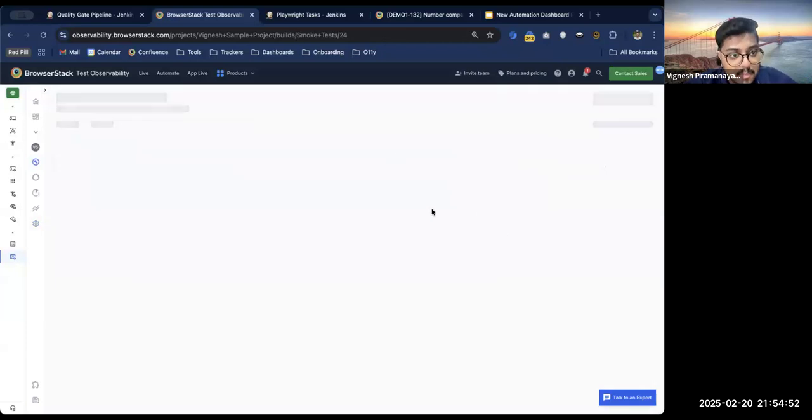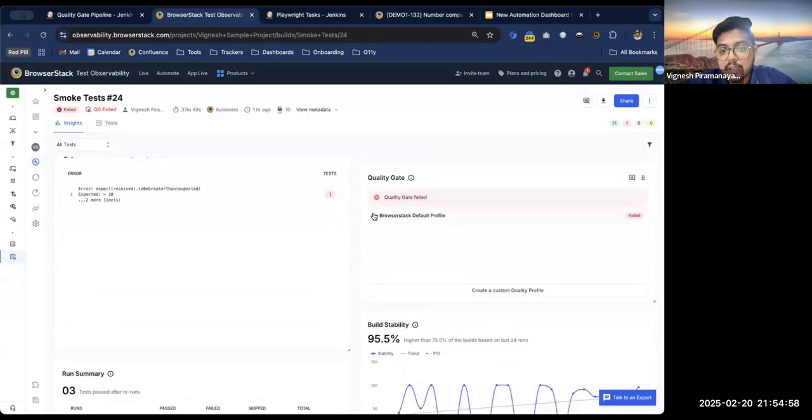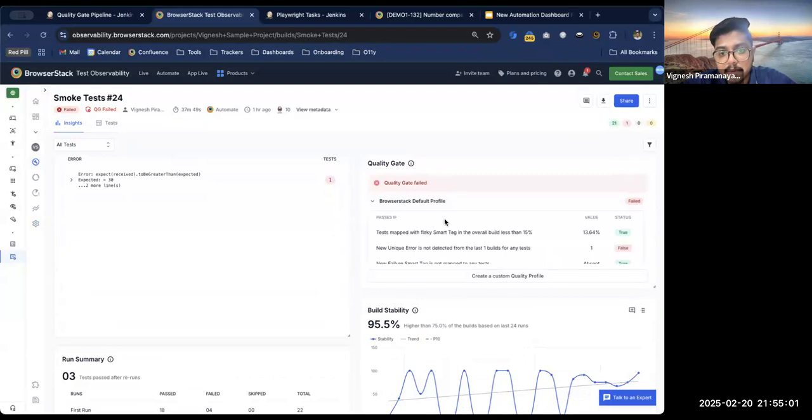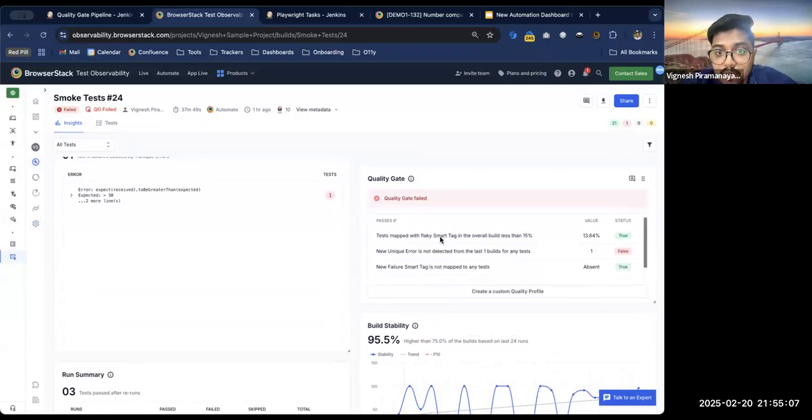And this is an example that I can show you. The build I just ran, I can see that the quality gate check has failed here. And this is the profile that I had set up, or rather it comes with the new dashboard by default, right? So what you can do